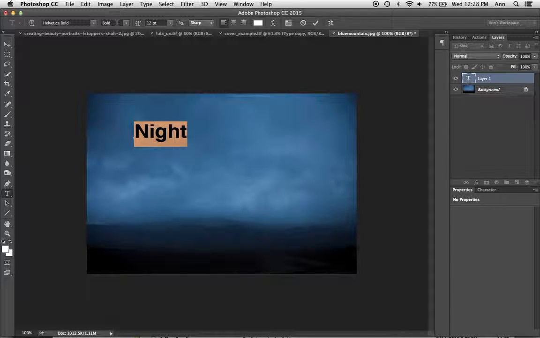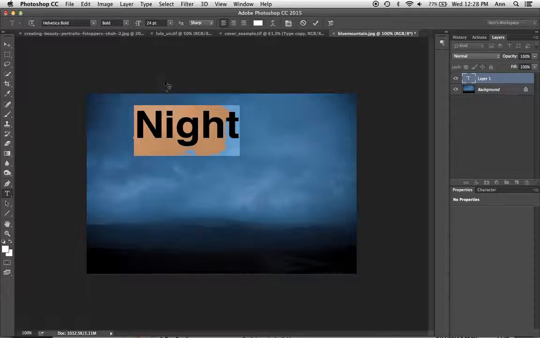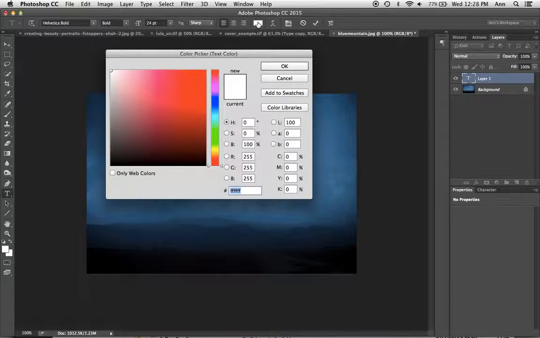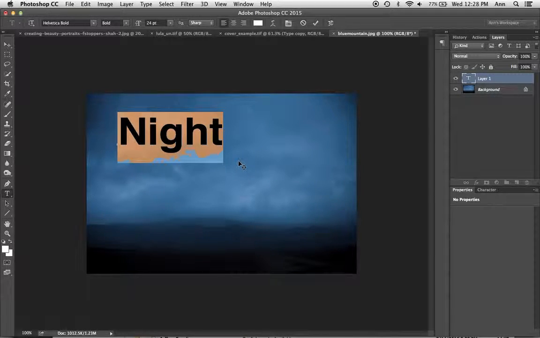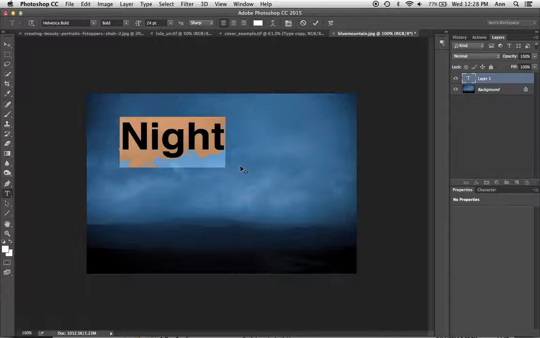You can change the style of it. You can change the size of it. I'm going to make this one just a little bit bigger. The alignment, the color. Simply click in here to change the color. You can warp it, and we can make it dimensional. In this case, I'm simply going to go ahead and place it in the image. So that's the basics of using type.